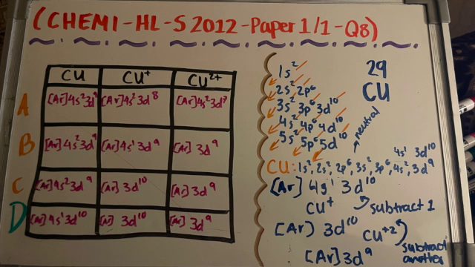For the third question, I had to find out the full electronic configuration of Cu+ and Cu2+, and then do the condensed version to find out which is the correct answer. So the correct answer was D. And what I did was I drew the electronic configuration diagram, and I got the full electronic configuration of Cu,